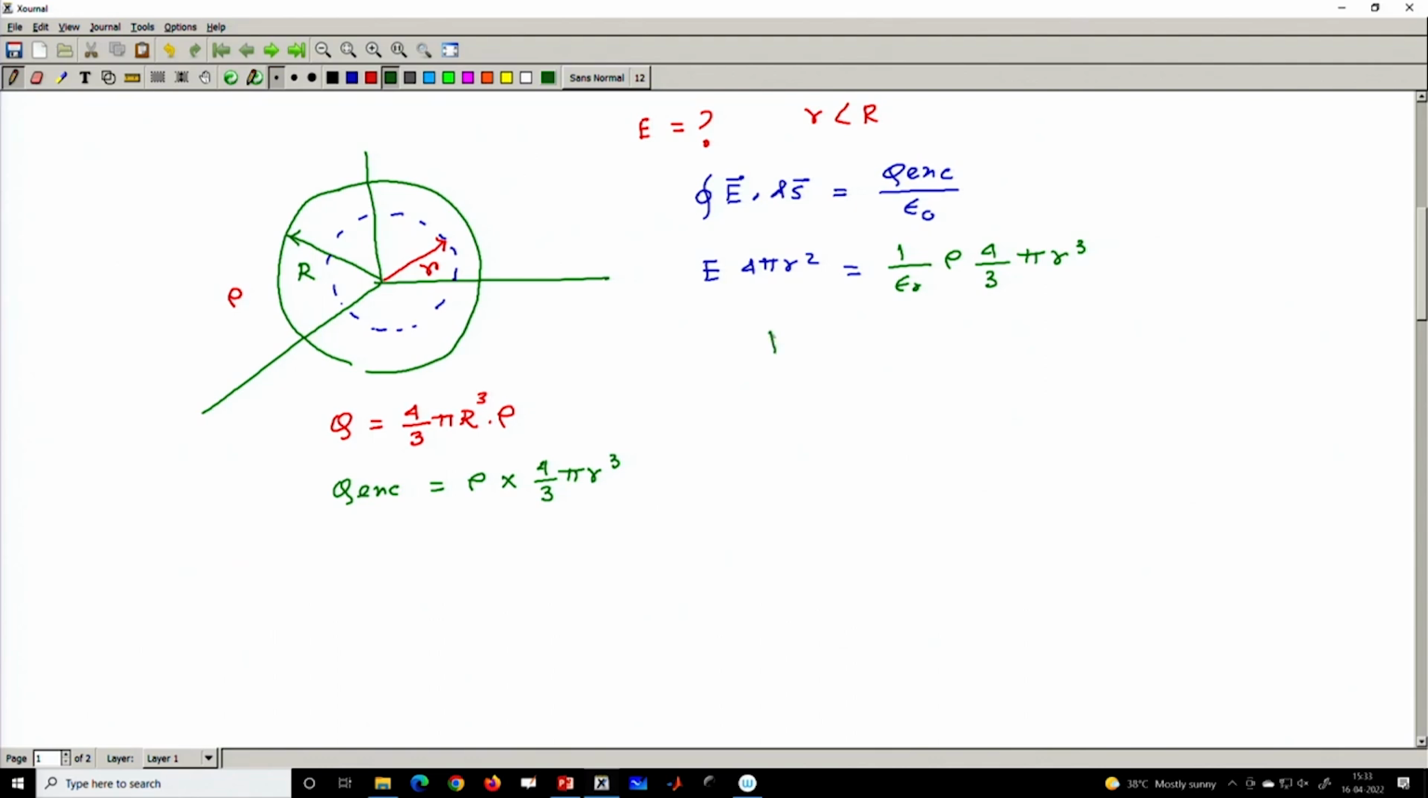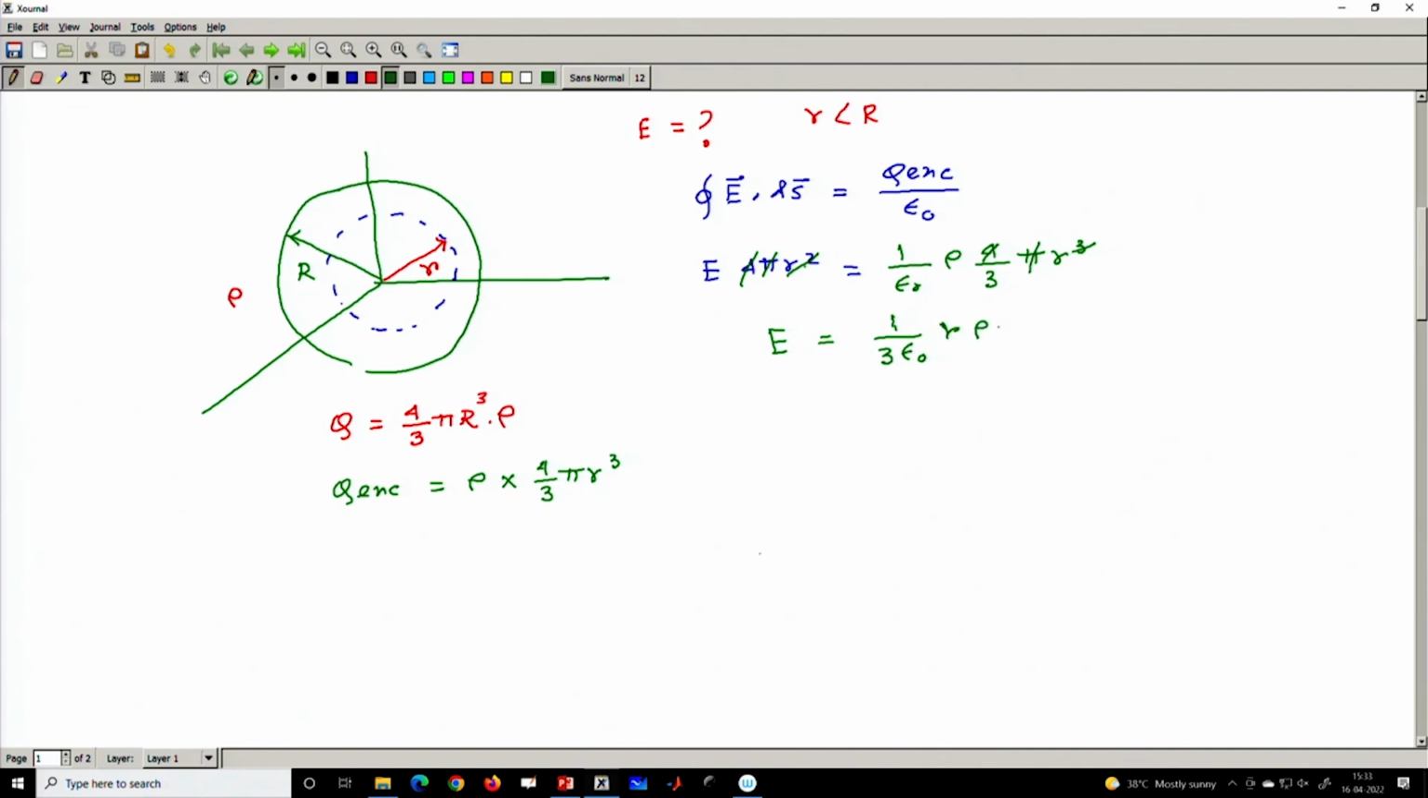Now I can simplify this. E is equal to... these 4 and 4 seem to be cancelling out, pi and pi are cancelling out, and 1 r square is cancelling out, leaving r only. So eventually we have 1 by 3 epsilon 0 and then r